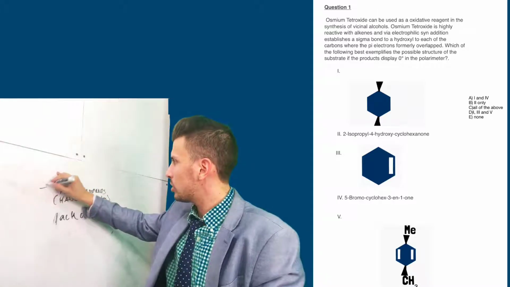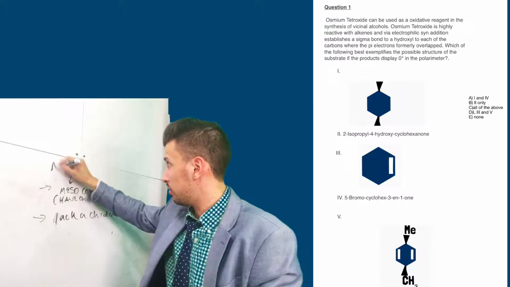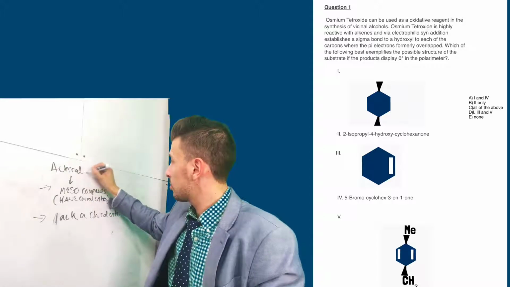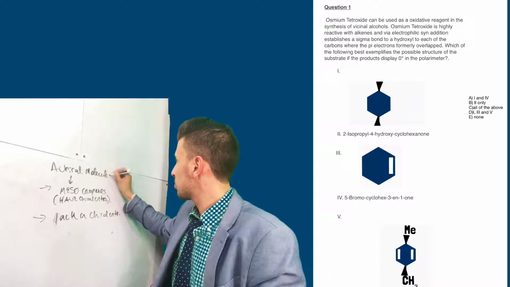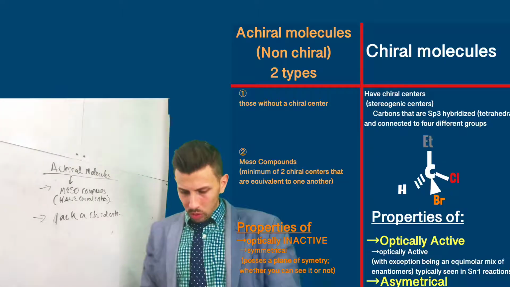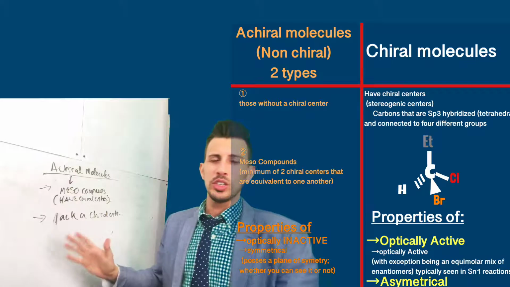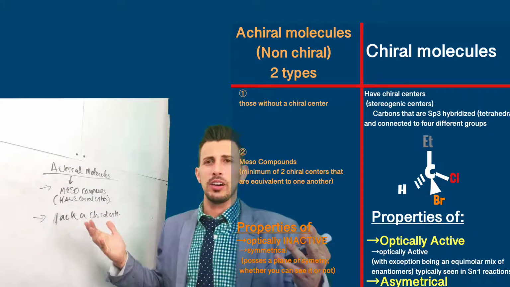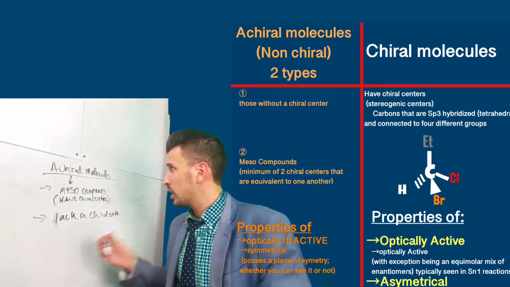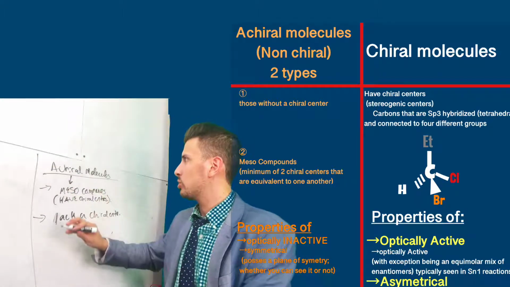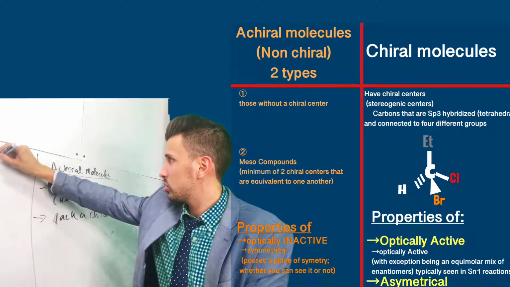These are the only types of achiral molecules that you're going to have. And so it's important to know this and then be able to know all the different descriptions that are characteristic of achiral molecules. And as mentioned before, there's only two types of molecules, chiral molecules